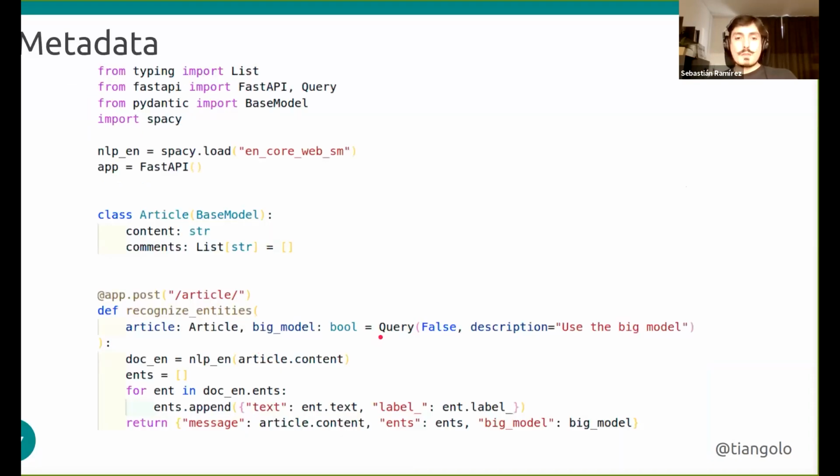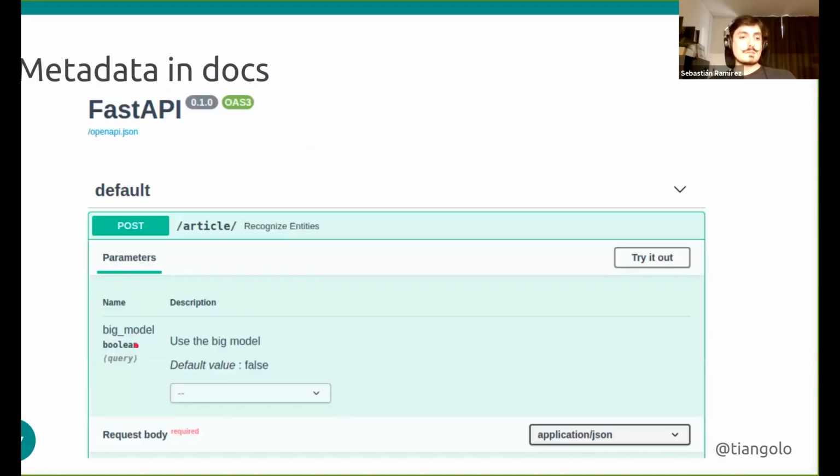But now the place that we use for the default value, we are using it to add this extra metadata. So this Query thing receives as the first parameter what will be that default value. So we can still keep the default value that we had before, this False. We just pass it as the first parameter to Query. And now it is not a required value because it has a default, which is by default False, and we have the additional metadata.